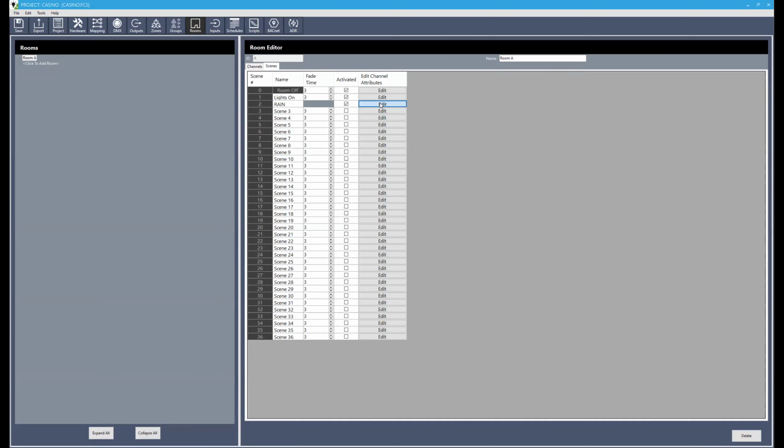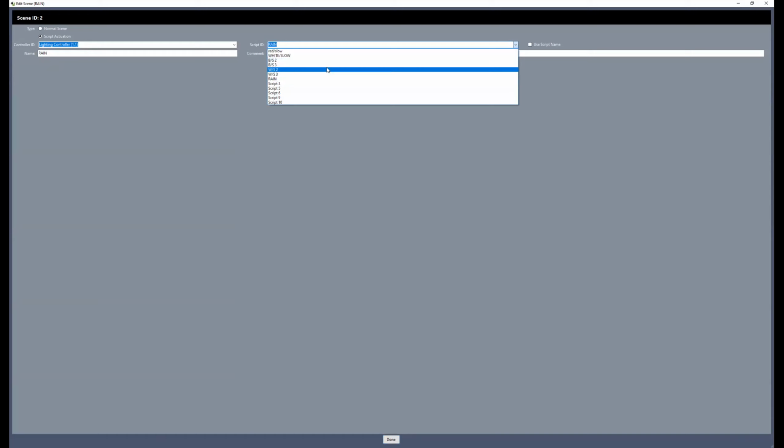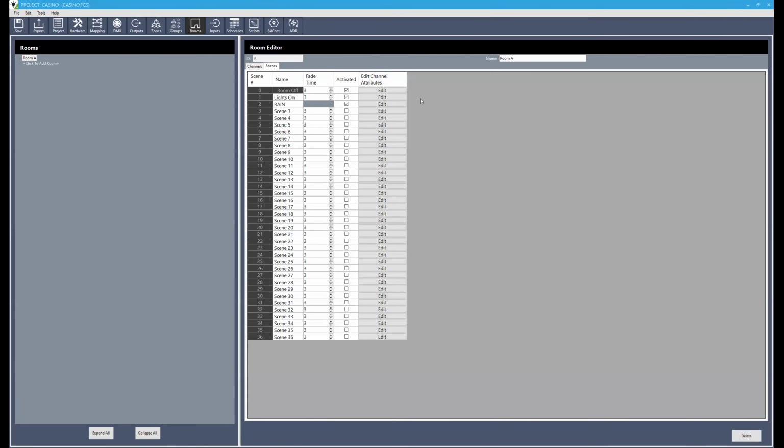So if I go to edit here, you can see that it's called rain and it starts the script ID called rain. So it's going to start rain. You can start any of these scripts if you want, but rain is what starts all the scripts that are needed to cause that rain effect. So you'll select the rain effects. If you have your own customized one, you can select the one you made right here. We'll click done. And then if you go over here to the schedules tab,